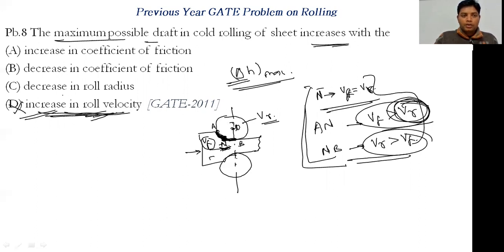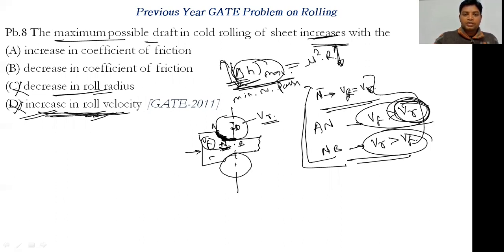अब decrease in the roll radius, नाउ उसके लिए आपका ये फॉर्मूला है that is mu squared into R upon minimum number of passes. ओके, अब minimum number of passes जो है उसको भी हम लोग कांस्टेंट मान लेते हैं, mu को हम कांस्टेंट मान लेते हैं, delta h and R में जो रिलेशन है that is directly proportional. अगर आप decrease करोगे roll radius को when you are keeping these constant, mu and minimum number of passes, so अगर आप इसको decrease करोगे तो आपकी delta h की वैल्यू भी डिक्रीज होगी। अब हमें क्या इंक्रीज पूछा है, ठीक है, तो दिस इज ऑल्सो रॉन्ग। अगर आप इंक्रीज करते R को तो देयर में भी ये चांसेस टू इंक्रीज द delta h। ओके, क्योंकि आप इसको अगर